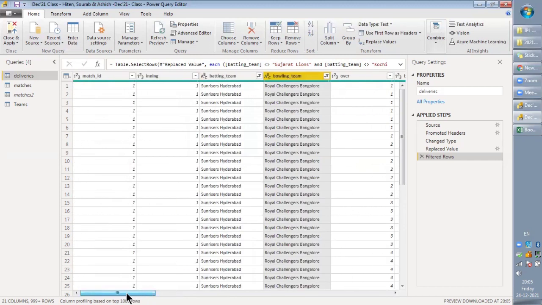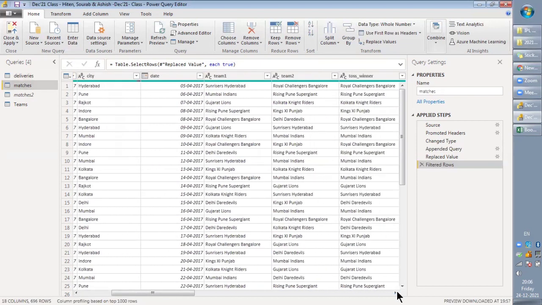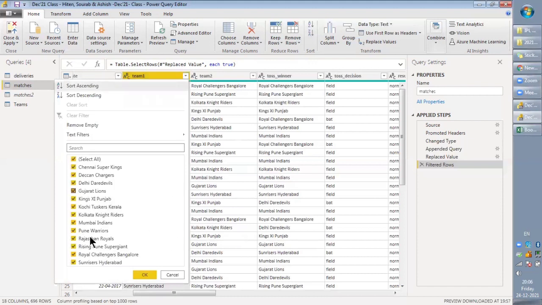It's done. Now let's move to the next one, matches, and do the same thing here. Click here and uncheck the teams. Pune is gone. Rising Super Giants. Any other team you can see here?